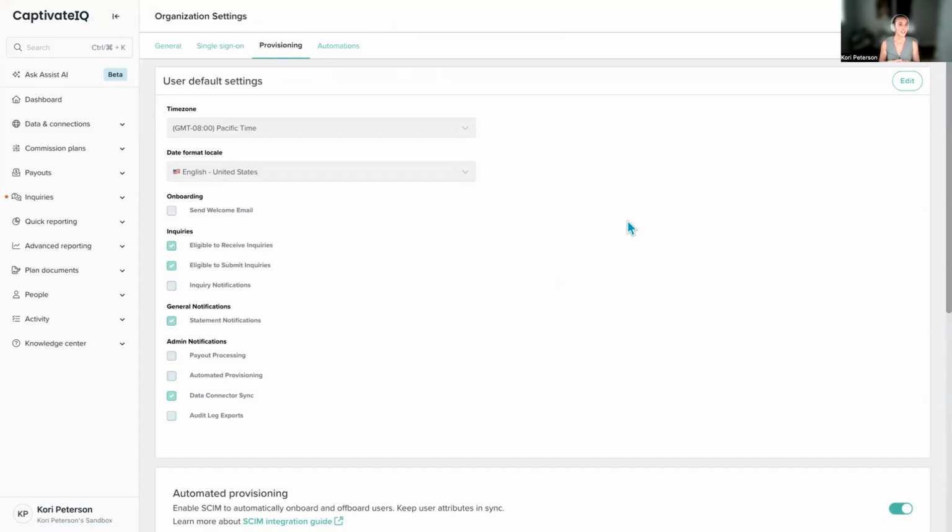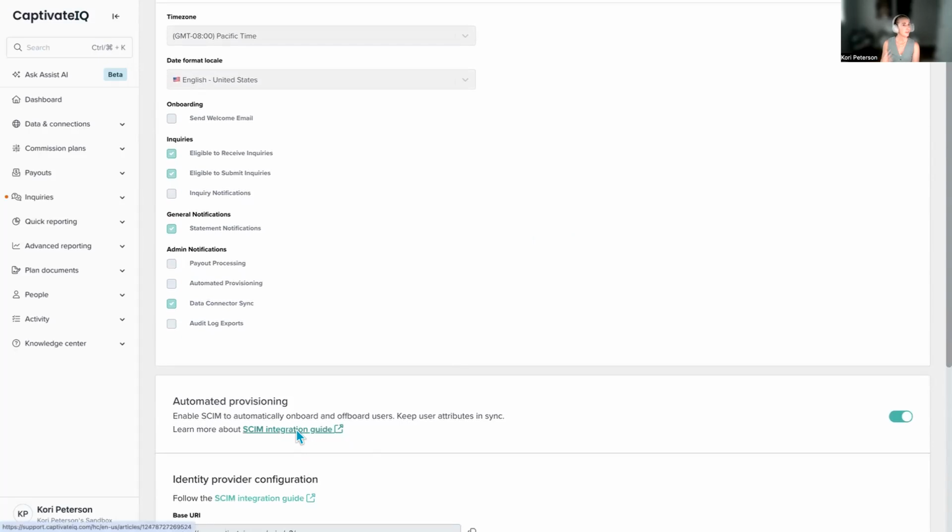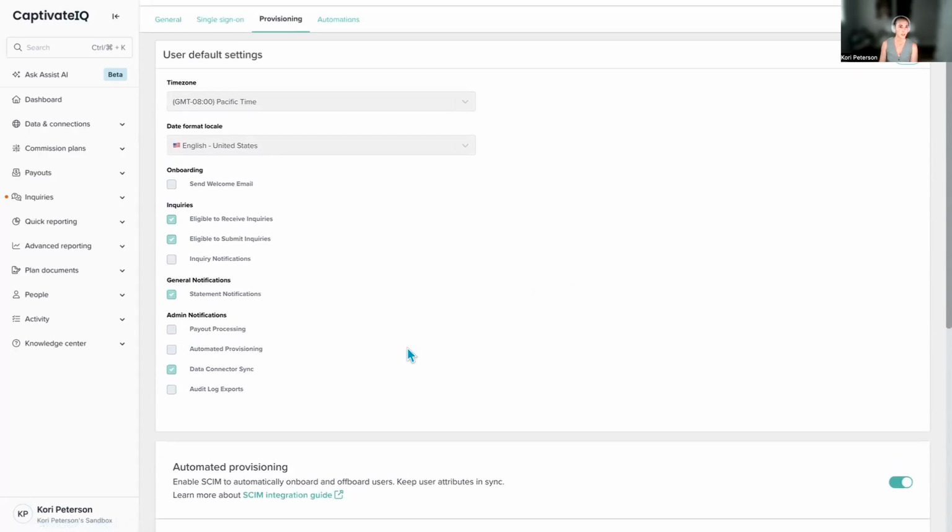Okay, so with payee lifecycle management, this one does work, as mentioned, with your SCIM provider. So there is some setup that would need to be done on both sides, but we have an integration guide that walks you through that full process, which is really great.